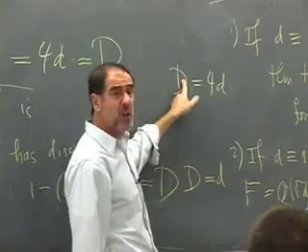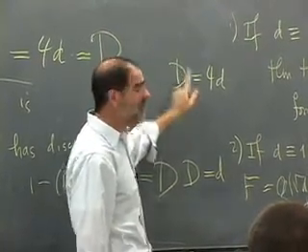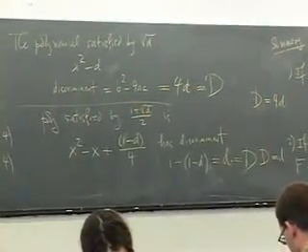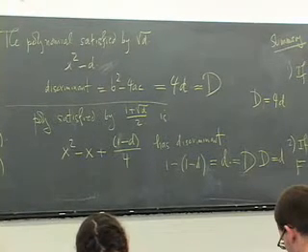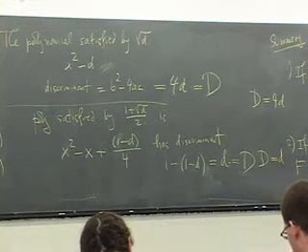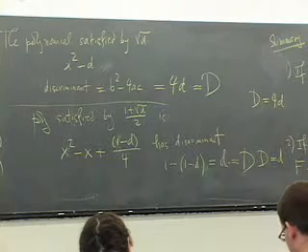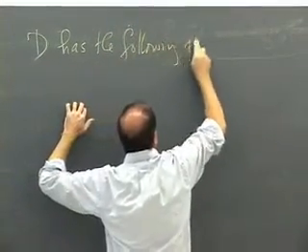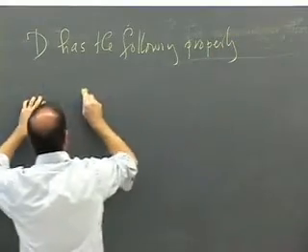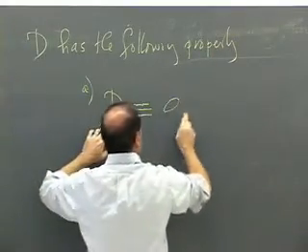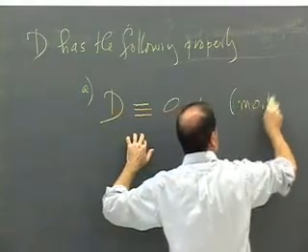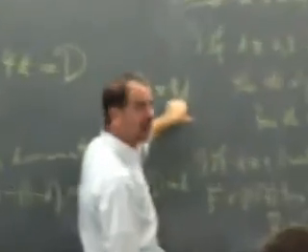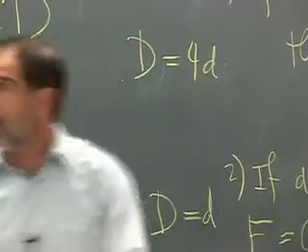So notice this number is not always square free. But it has the following property. The discriminant has the property, and again, you have to do this a little bit to realize why it's better to go to this capital D to index things. But D has the following property. A, it's an integer which is congruent either to 0 or 1 mod 4. You see, in this case, it's congruent to 1 mod 4. And in this case, it's congruent to 0 mod 4. Right? And 2,